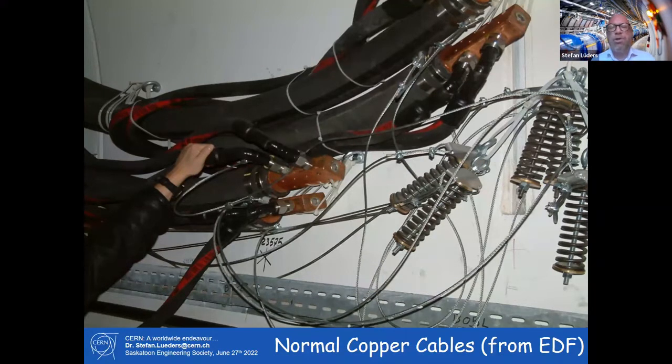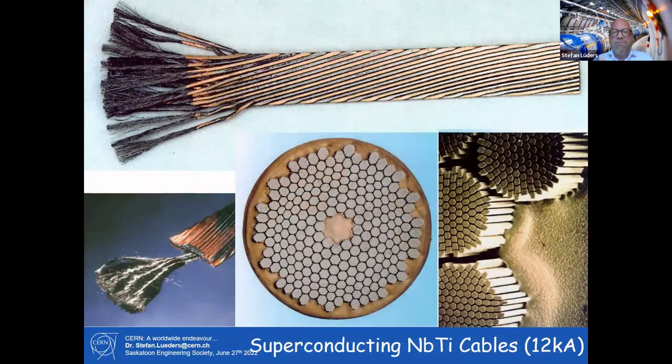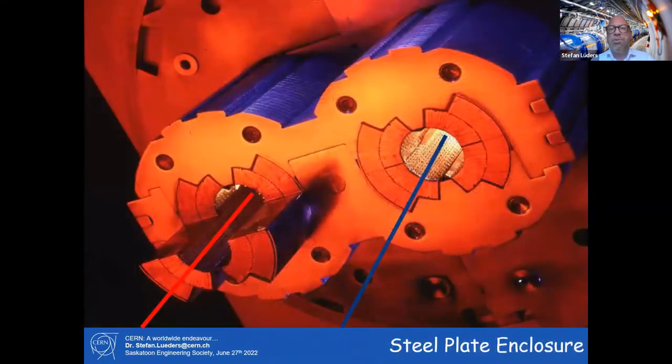So what we do is we do not use normal copper cables. We use this one. Those are superconducting niobium titanium cables, interleaved. You can see the little different fibers inside, and they can take up to 12 kiloamps. Think at home again, your cable at home might take 10 amps. So we are now something like 1,000 times the current which you're getting out of your power socket. And the cable size here is something like 2 centimeters wide and something like 2 millimeters thick. This is the superconducting cable, which is wound up here.